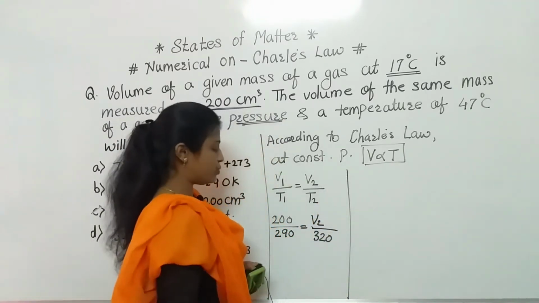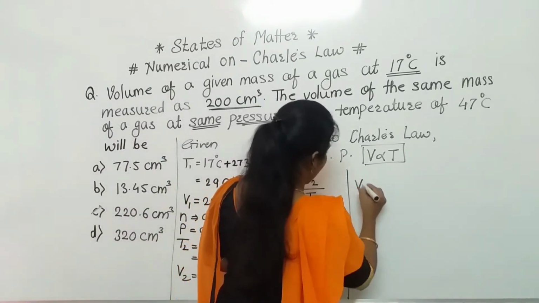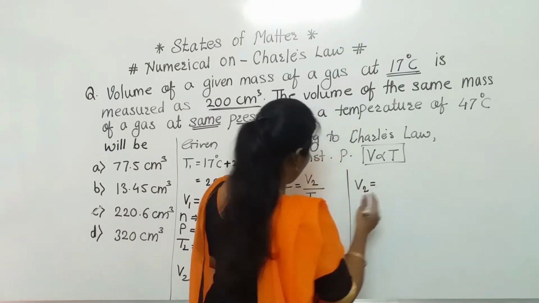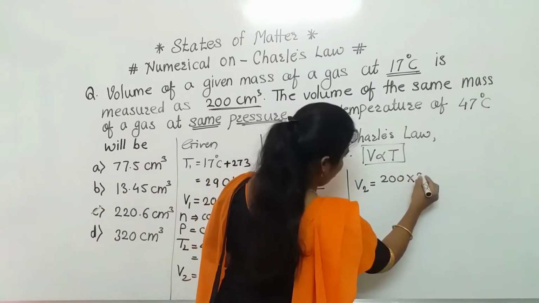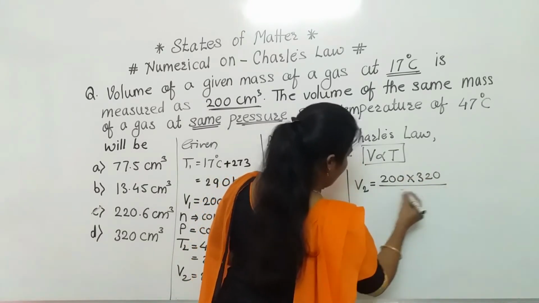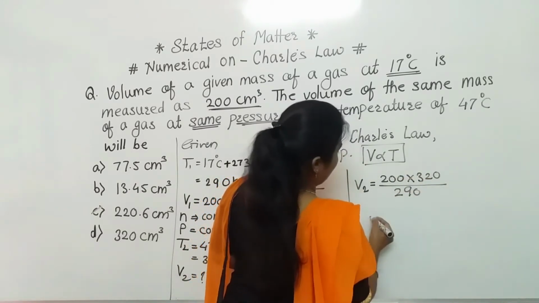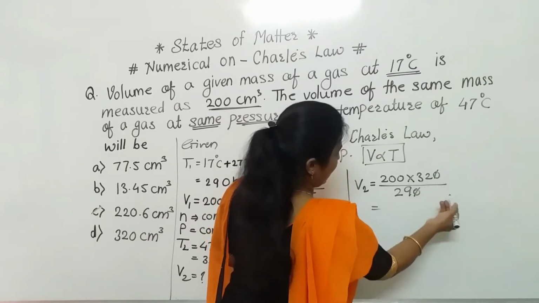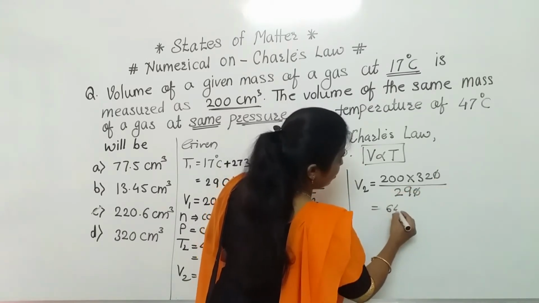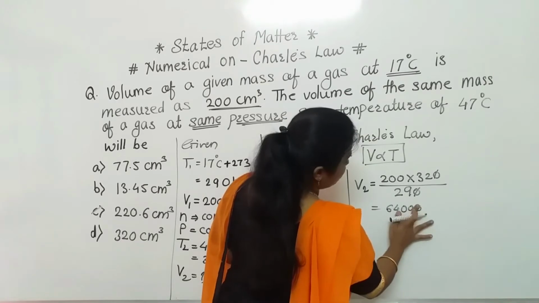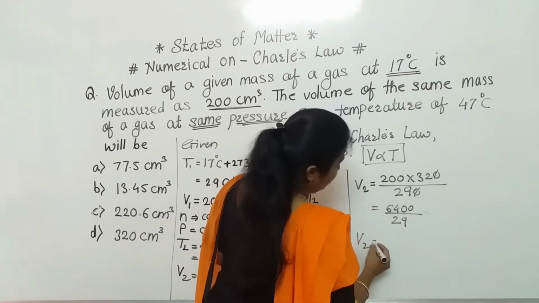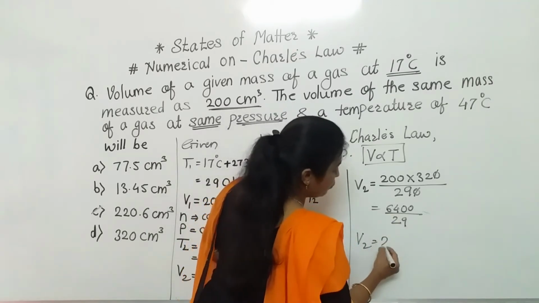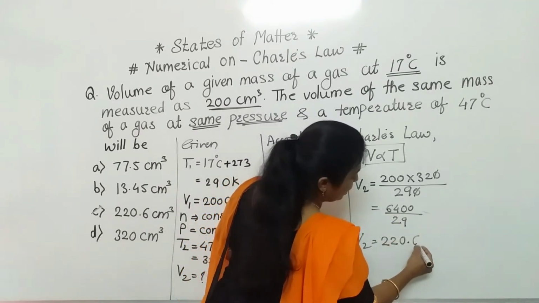So V2 is equal to 200 into 320 divided by 290. In this way the 0 will get cancelled, 32 twos are 64, so 6400 divided by 29, and after division the answer will be 220.6